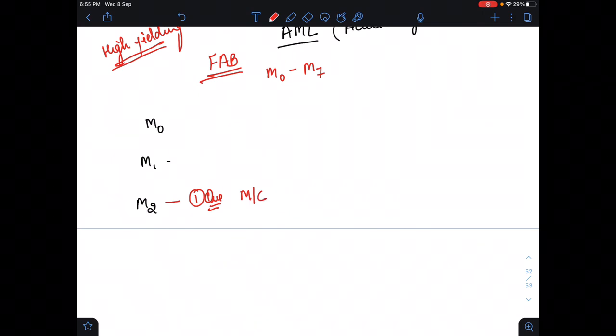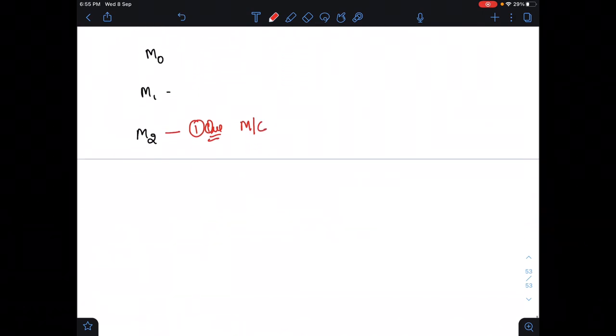So the most common from M1 to M7 is M2, and in this we see the translocation. This is the second question. What is the translocation seen in M2 AML? So in M2 AML, the translocation we saw is 8:21. 8:21 translocation, and this is the M2 AML in which we see the